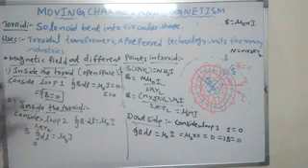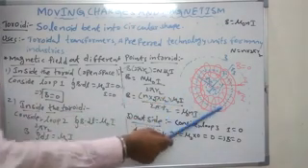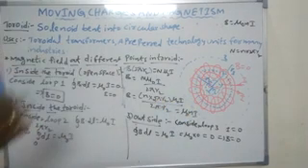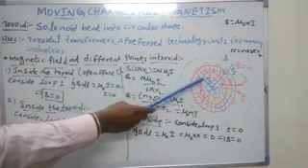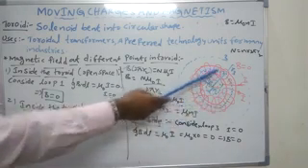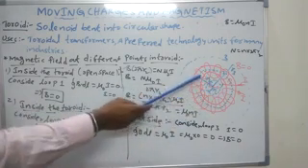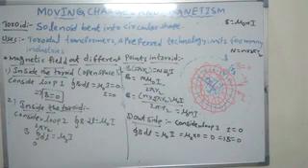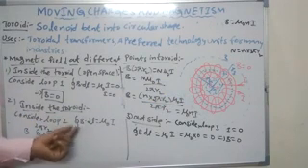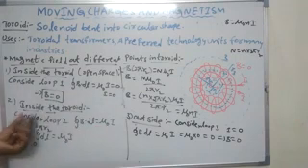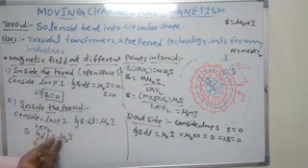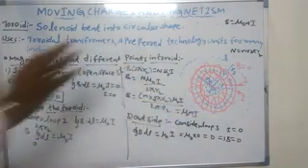Next, inside the toroid, on its axis. On its axis of the toroid, how much is the magnetic field? For that, consider the radius of the toroid as R2. This is loop 2. Consider loop 2. The radius of this Amperian loop is R2. If you apply Ampere's circuital law, the closed line integral of B dot dl is equal to mu naught I. So B times the closed line integral from 0 to 2 pi R2 of dl is equal to mu naught into how much current is enclosed by this loop?